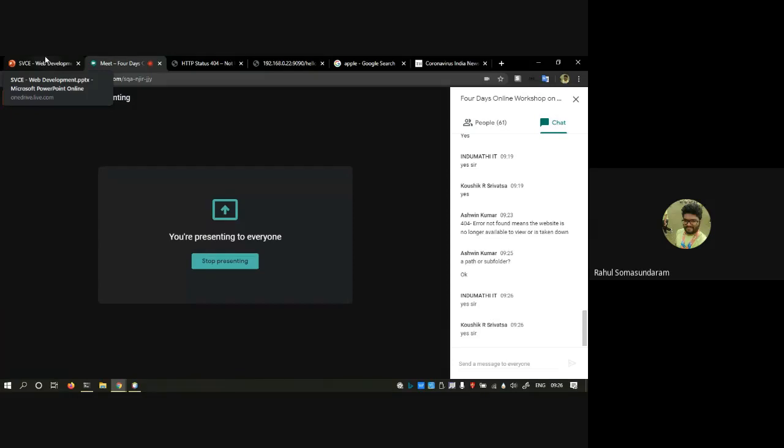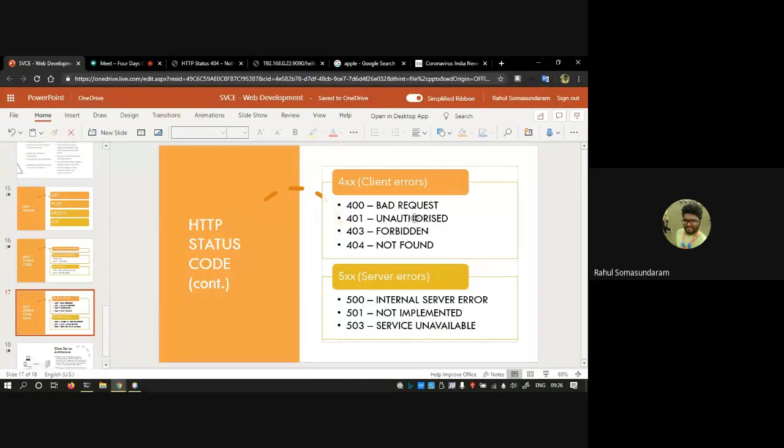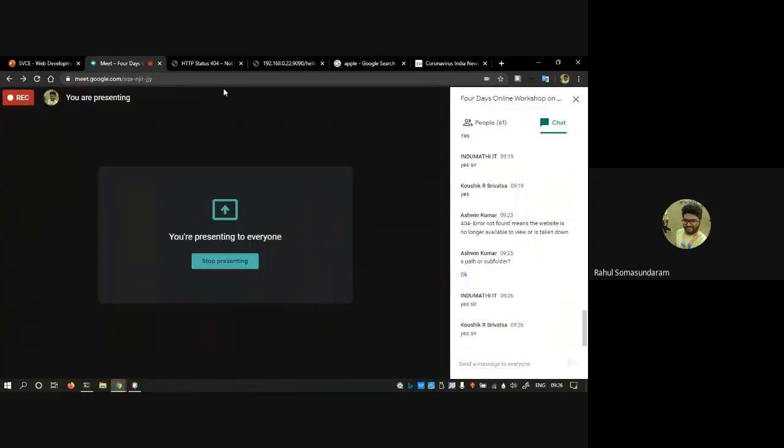Okay. Now, next, coming to the internal server error. There are three types, that is 500, 501 and 503. Whenever you are connecting to a university for results, whatever you are getting falls under these categories, whether it is 500 or 503, because the service is not available. That is, the entire service is not available. You can differentiate this from 404 and 503. If the entire service is not available, 503 will be given. If only a part of the service, that is, only a particular path, is not available, 404 will be given. Are you clear with this? The internal server error 500.